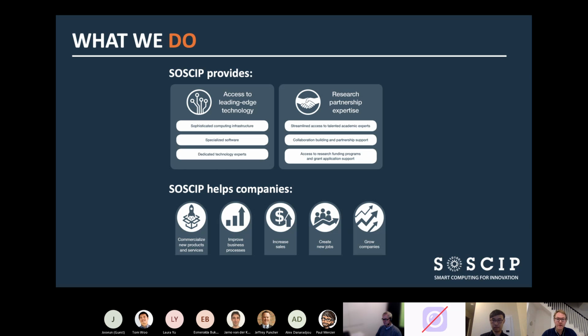We work with government funding programs, and we'll talk a little bit later about some of the joint programs that we have where we can have streamlined access to ensure that you're not only getting the technical support and the computational power, but also the funding that's required to do this. And really our mandate for our government funder that funds us is to try to help support Ontario-based companies and work with our academic community to support them and allow them to commercialize new products, improve business processes, create new jobs, and really build and grow and develop their companies.